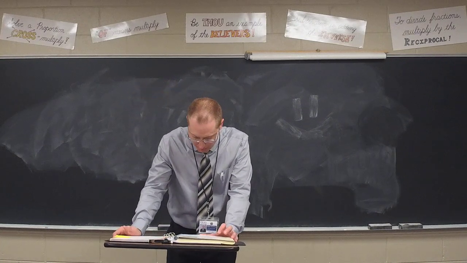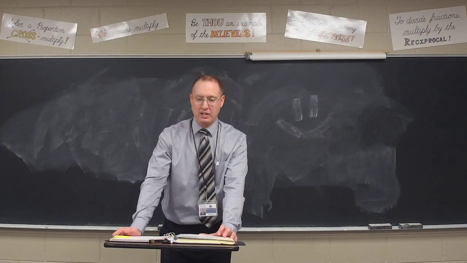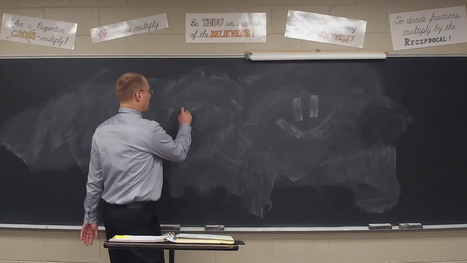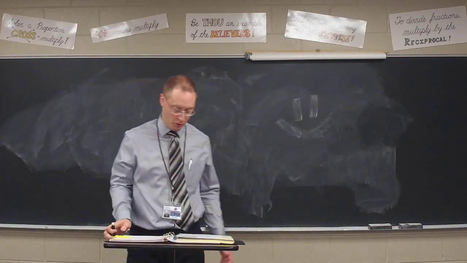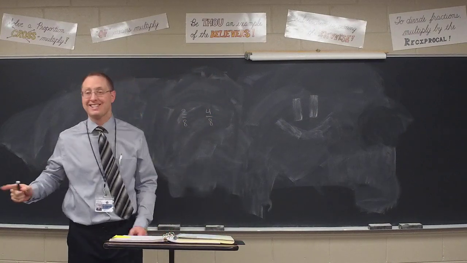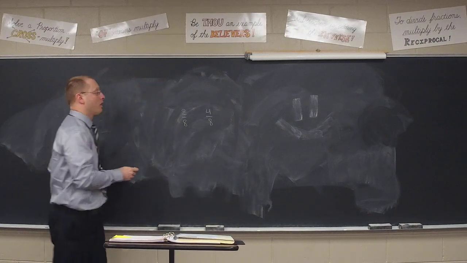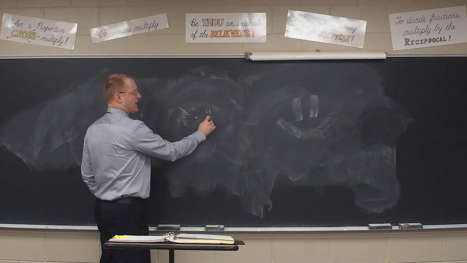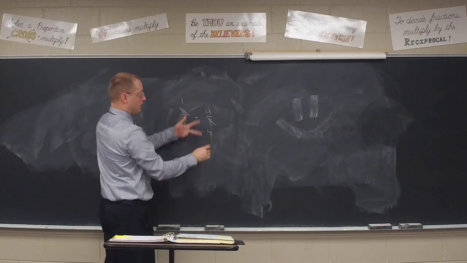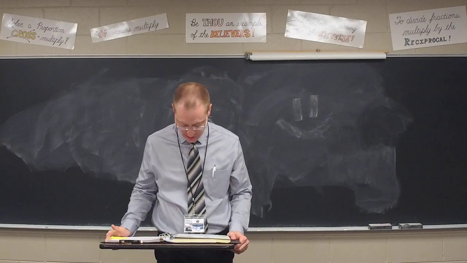Number 41, the probability of spinning a purple and then an even number. Well, what's the probability of a purple number, Corey? 2 to 8. What's the probability of an even number, Corey? 4 to 8. But it said not or, it said, class, and. So what do I have to do when it says and, Corey? Multiply. But I do want to do a little canceling here, right? The 2 and the 8 cancel to give me 1 and 4. For that matter, the 2 4s are going to cancel to get 1. So my answer is 1 to 8. 1 to 8 is the odds of spinning a purple and then spinning an even on the next spin.